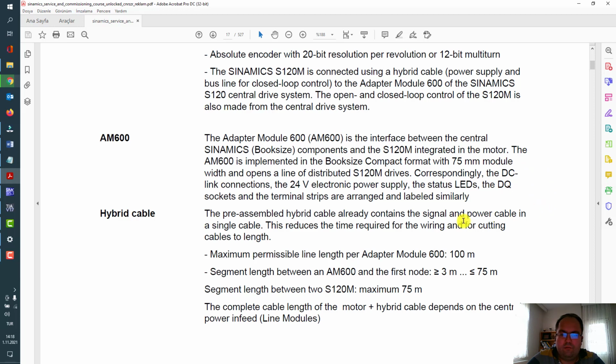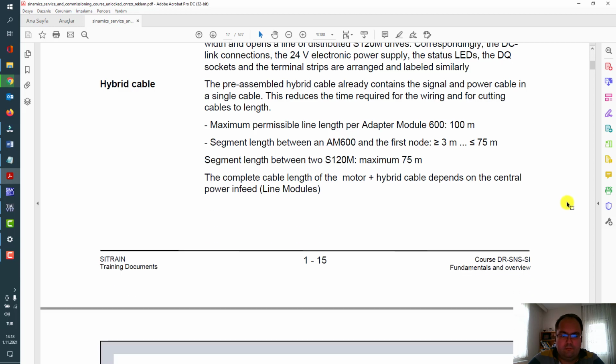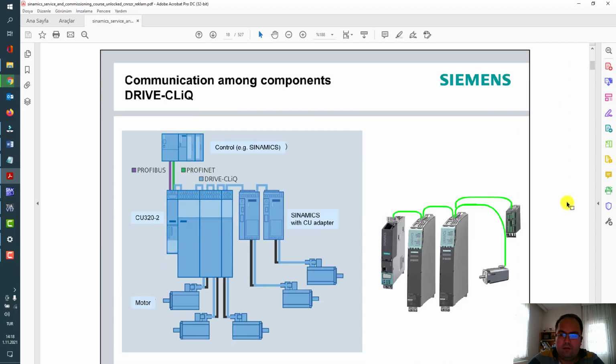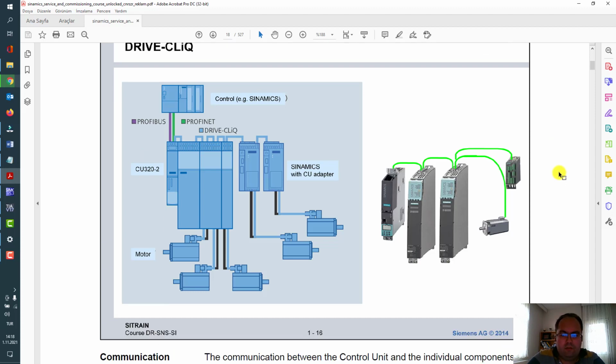It also uses a hybrid cable. Maximum permissible line length is up to 100 meters. Communication with components is available with the DRIVE-CLiQ interface.